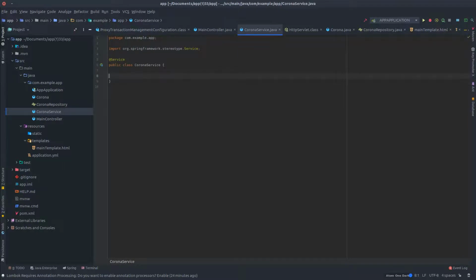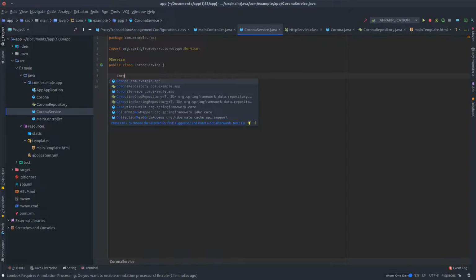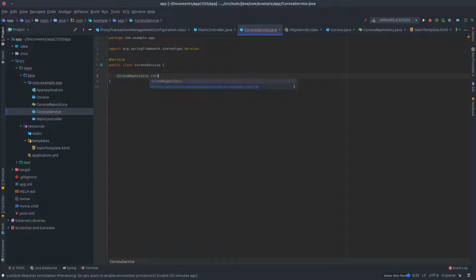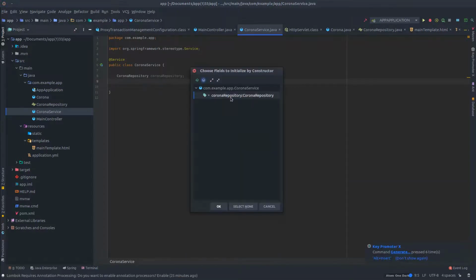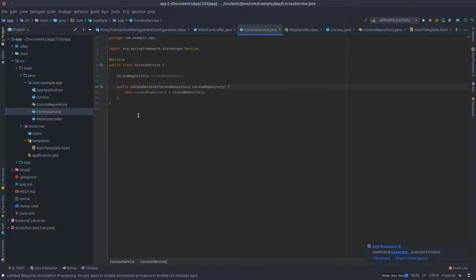And we're gonna inject our repository here. So we're gonna create a Corona repository here, and gonna create a constructor, and this way we injected it with constructor. So this is a constructor injection, dependency injection. Okay, so once we have this,